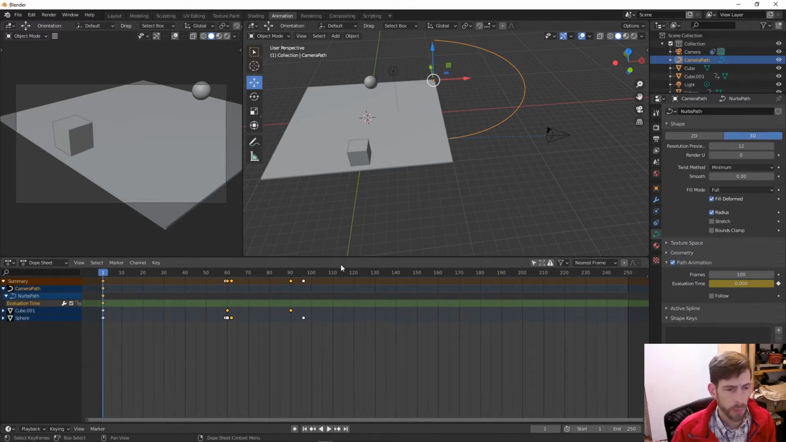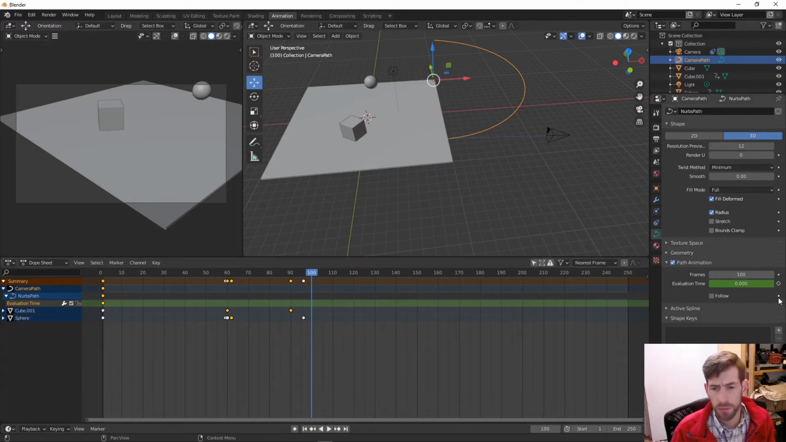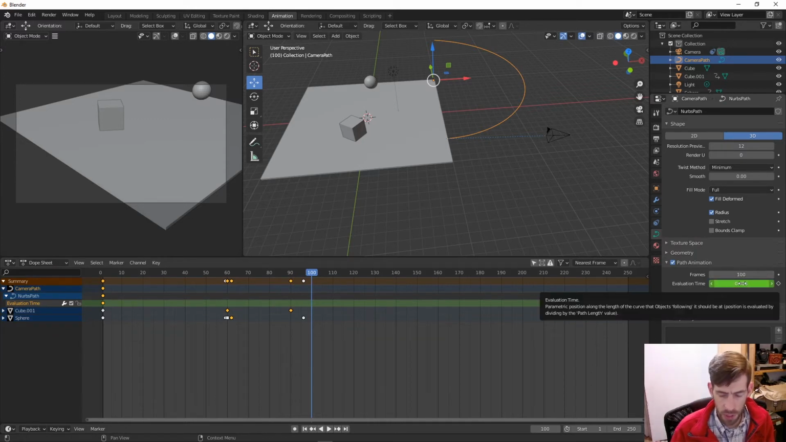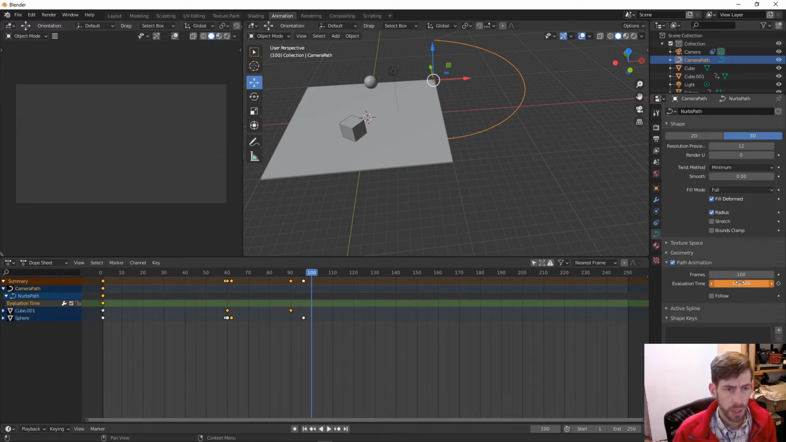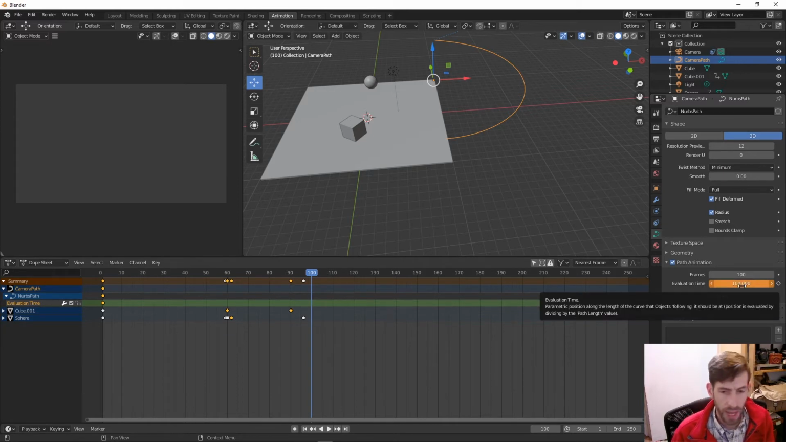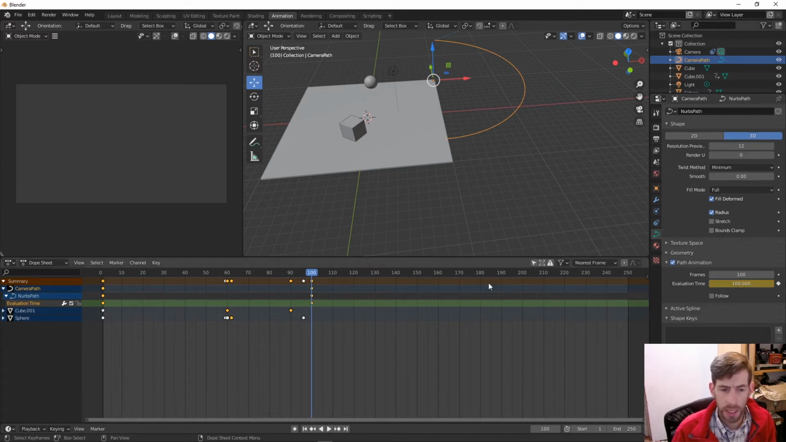a new keyframe there. So now I'm going to move forward in time until I feel like I want the camera to stop. So, maybe about 100 frames or so, which actually, ironically enough, equals the same number of frames here. Then I'm going to go into my evaluation time, click on it, and type in 100. Now you can tell it's orange, which is telling me, hey, you changed something, but you haven't inserted a new